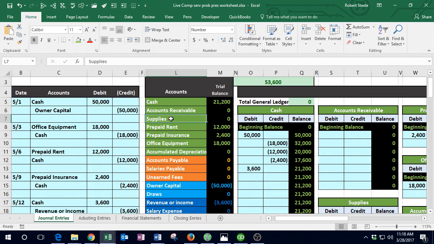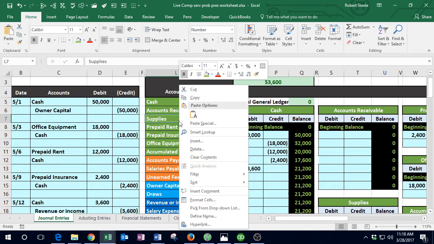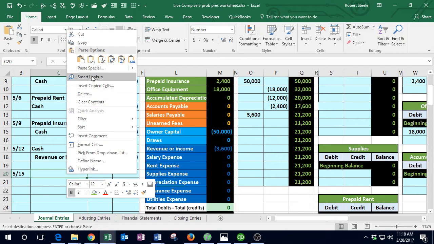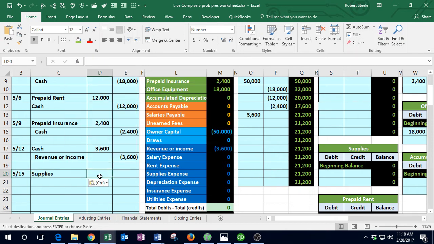We'd want to count it. We want to see if we're losing supplies, if there's any type of shrinkage of supplies. Therefore, we're going to put it on as an asset. Asset, like cash, has a debit balance. We got more of it. Therefore, we need to make it go up. It might be easier for us to analyze the asset. So I'm going to copy that, put that on top. It needs to go up. It's going to go up by